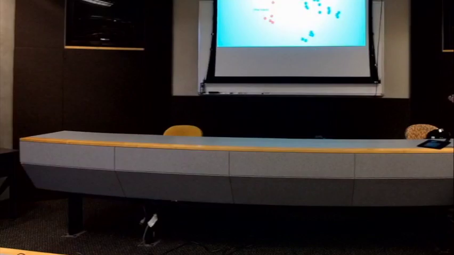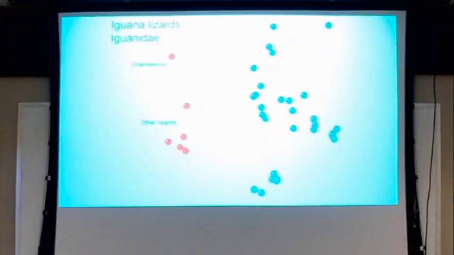Now, if you're looking carefully, you might say, look at this gap over here between this group of iguanas and this group of iguanas over here. And you know what? That might be a real gap. Other statistical tests I can run on this don't really support that as a gap, but it's entirely possible that there's more than one group of iguanas. I'm okay with that. It doesn't really matter. The point here is that there are discrete groups. There's not one group blending into another group. There are discrete groups that seem to be separate.